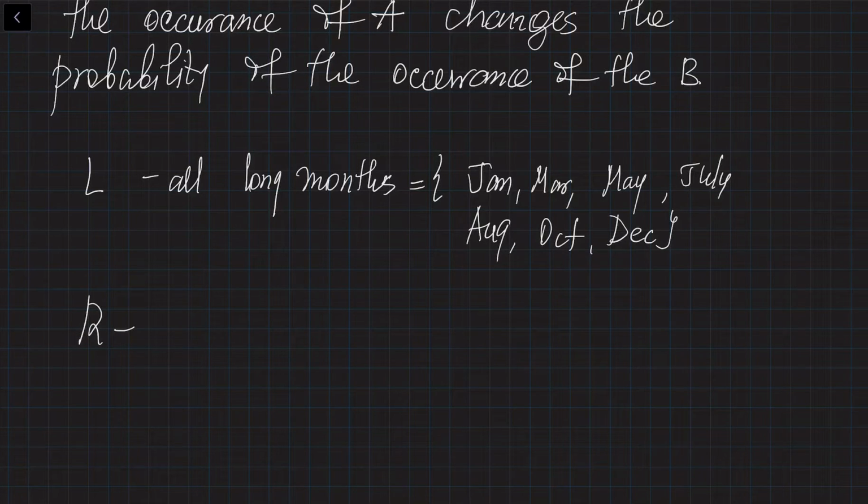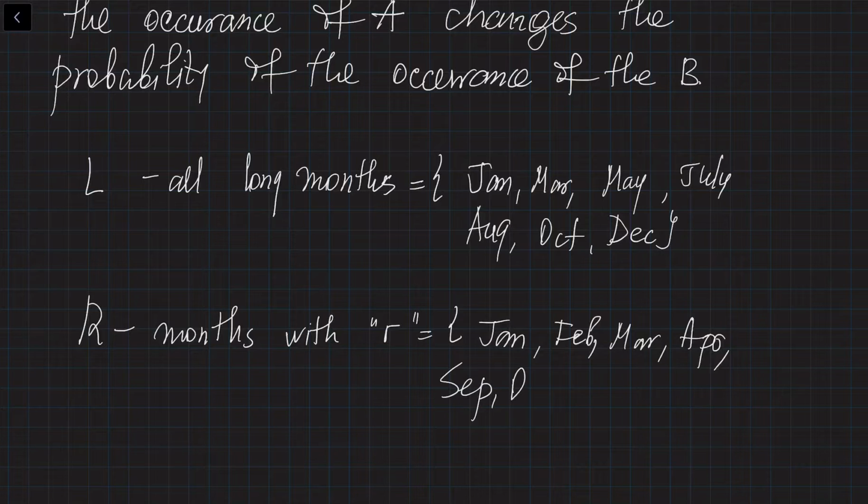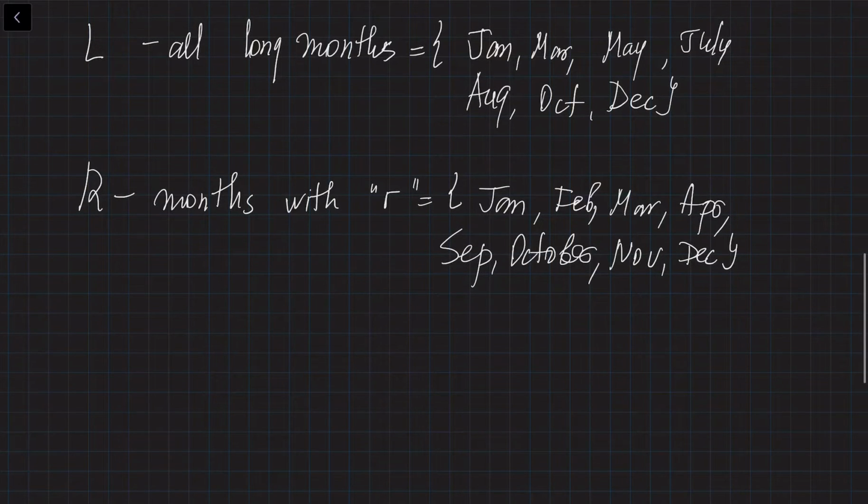R is going to be months with the letter R. So months with the letter R. So they are January, February, March, April, September, October, November, and December. So what I want is, I would like to find the probability of, so let's assume that